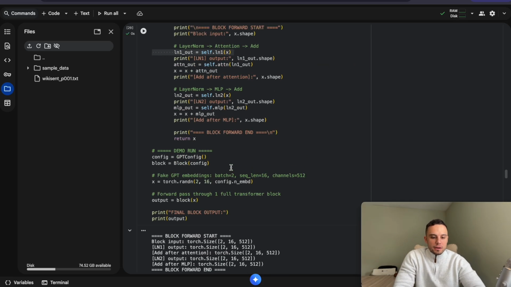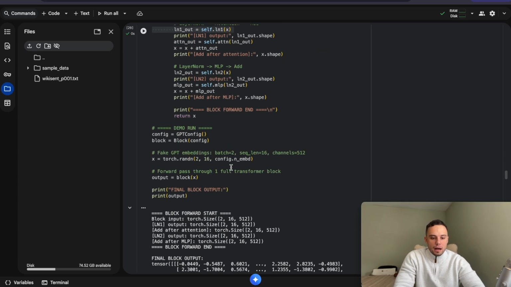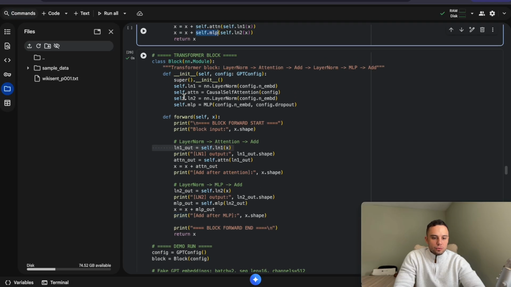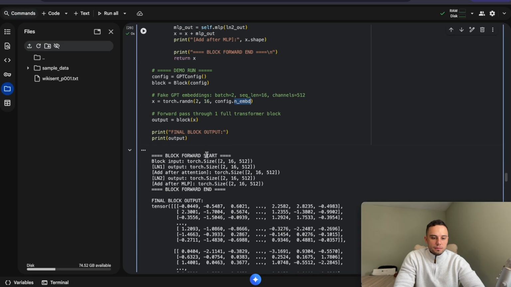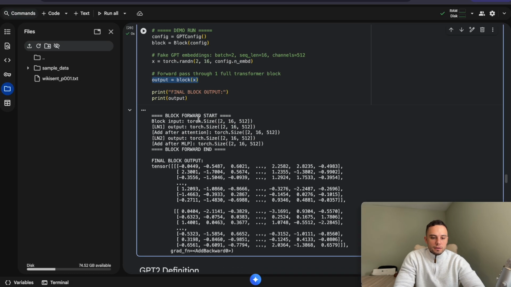So let's see how the dimensions of the matrix change here. I'm doing the same example to test this specific block, and I'm creating a new configuration. Then we have an instance of the block, and the size of the input is going to be again 2 by 16 by 512, and this is where we run the forward function, the forward pass. So we start by block size 2 by 16 by 512. We pass through the linear layer, which returns, actually all the layers are going to return 2 by 16 by 512,